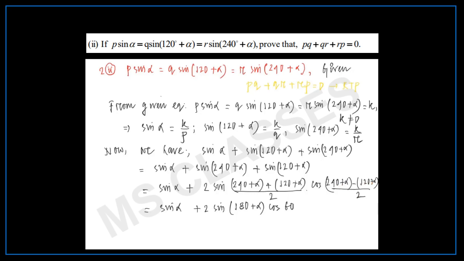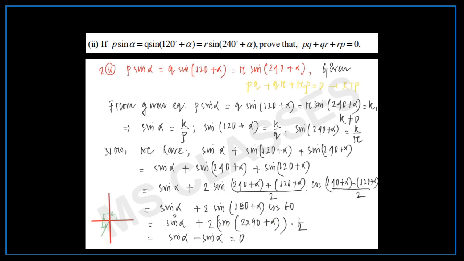Now sin alpha plus 2 sin into 90 plus alpha. Cos 60 is half. So the sign will remain sine only, but it's in the third quadrant, where sine is negative. Why third quadrant? You can just draw this and understand that it is 90 plus 90 plus something. So the angle terminates in the third quadrant where sine is negative. So this gives us sin alpha minus sin alpha, that is 0.